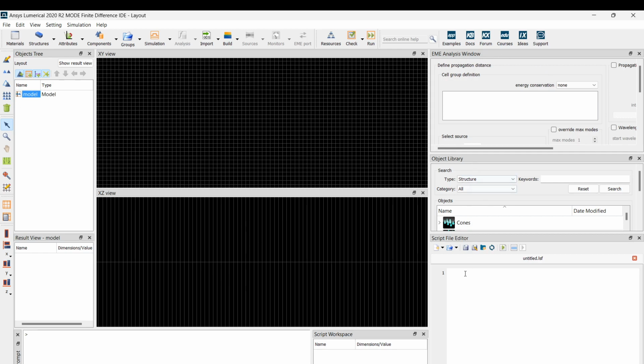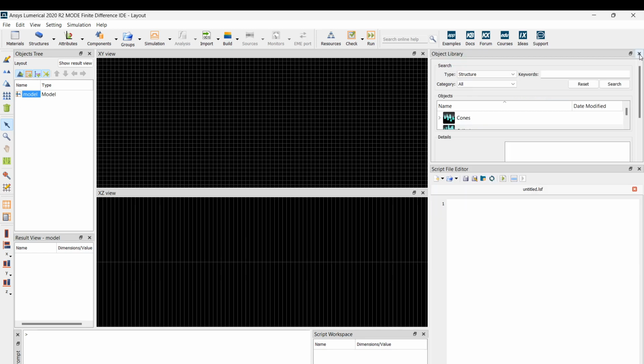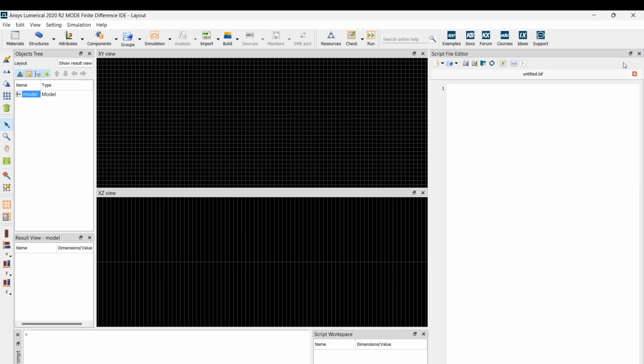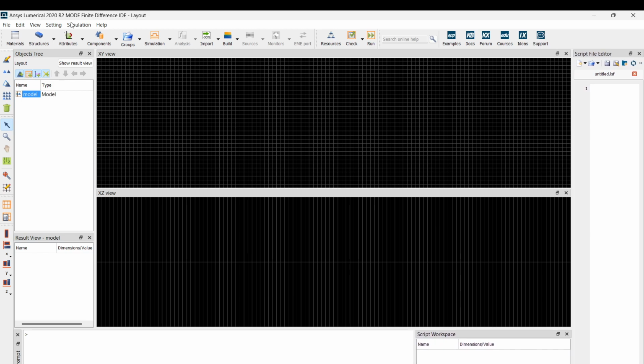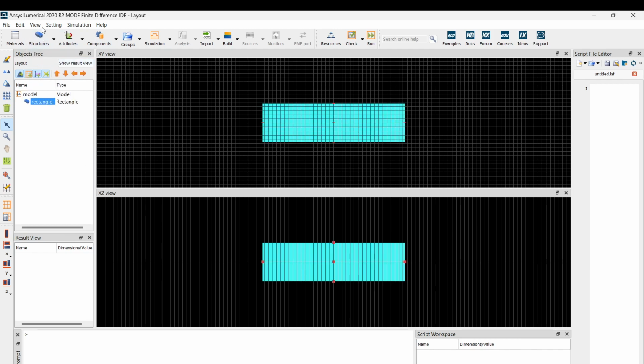These are some of the analysis windows and library windows. We can also define the geometry using script that is given here. But for now, just for simplicity, let's ignore these things and draw a geometry here. For drawing the geometry, we need an SiO2 cladding, right? So we'll choose a rectangle here. This is a structure step. Now it gave us a rectangle. Now I want this rectangle to be SiO2.